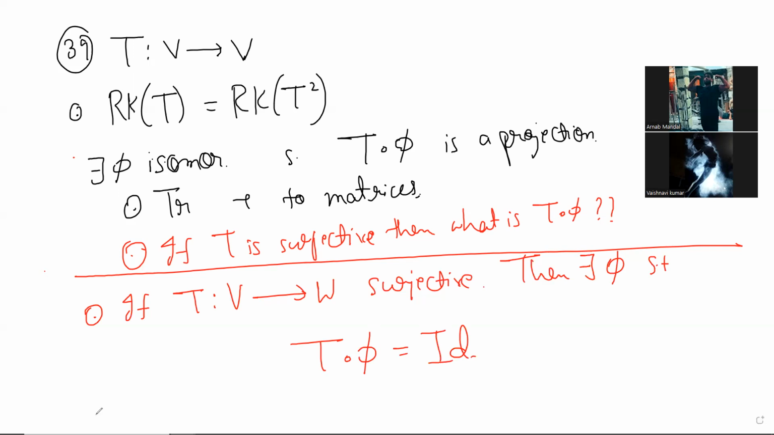Okay. And the third thing, which is actually a theorem in Artin's book, it's a very basic and very important result. You can actually use it to prove the rank nullity theorem. It is a very general looking result. T from V to W, then there exists phi and psi such that